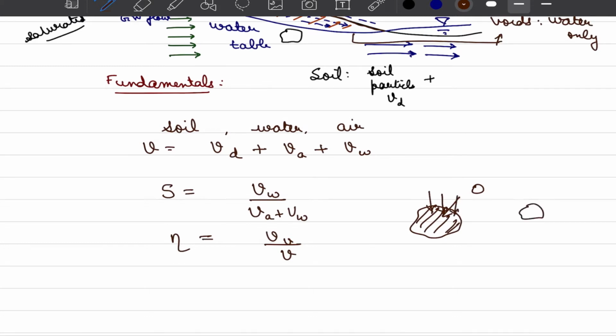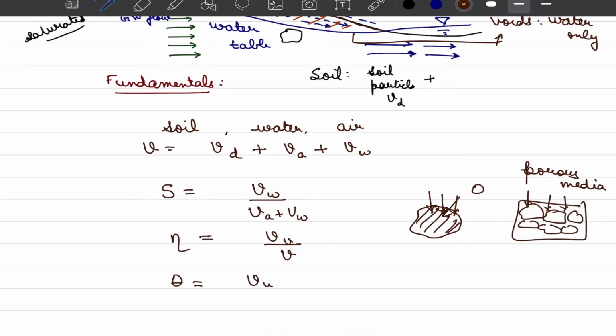On the other hand, soil particles are generally loosely packed with the presence of voids constituting part of the total volume, and hence eta is generally greater than 0, and by virtue of the presence of these pores, our soil material acts like a porous medium, like a sponge, which would let water pass through it. And this is what would be interesting for us from a hydrology perspective. Another interesting parameter that we will learn about is soil moisture content, represented as theta, which is volume of water divided by total volume.